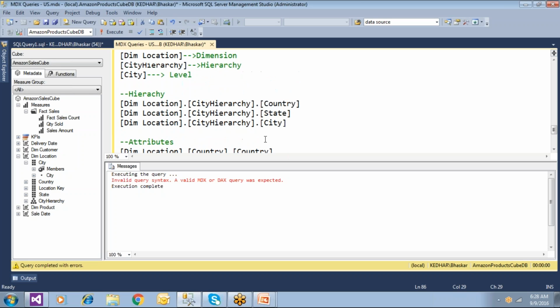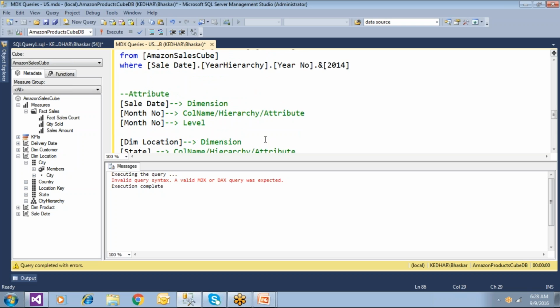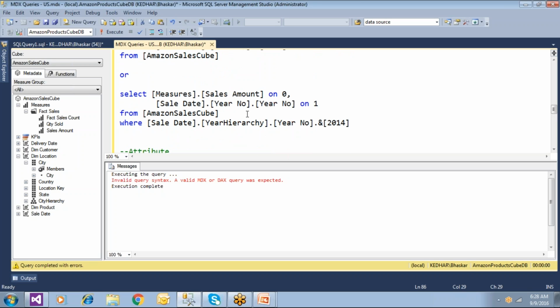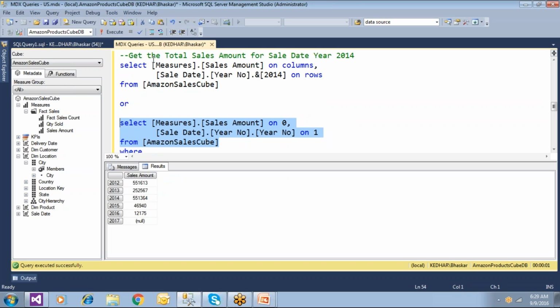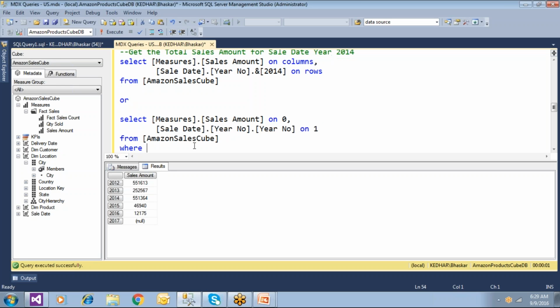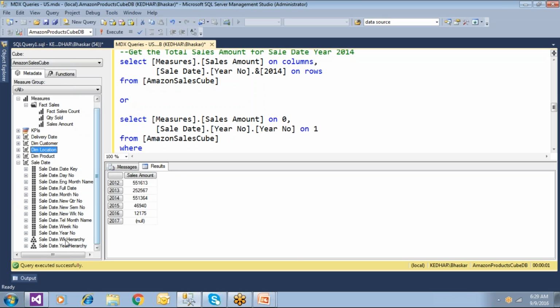Okay, now when you see this example which I've quoted earlier, I wanted to have sale date, year number, and so on. When I use the same hierarchy, sale date dot year number, and you execute this query, it is going to give you the same thing here. But my requirement is to get the total sales amount for year 2014. And I go to the attributes. So where is the attribute? I went here. There is an attribute,